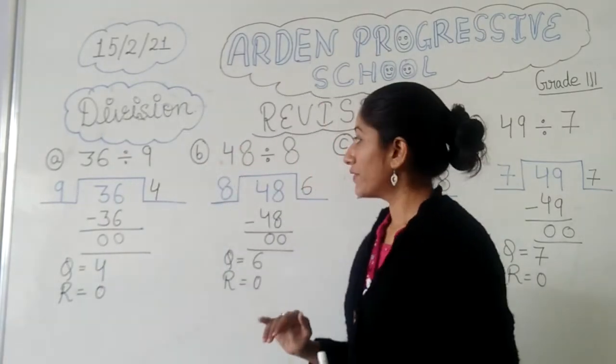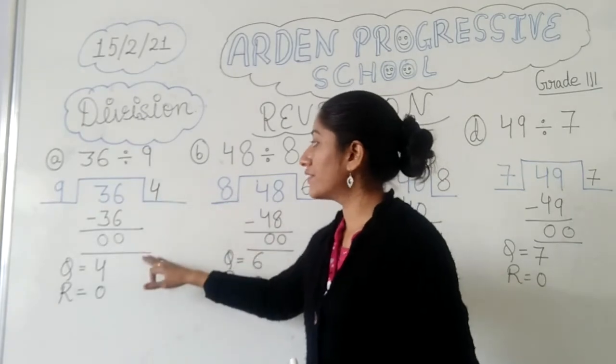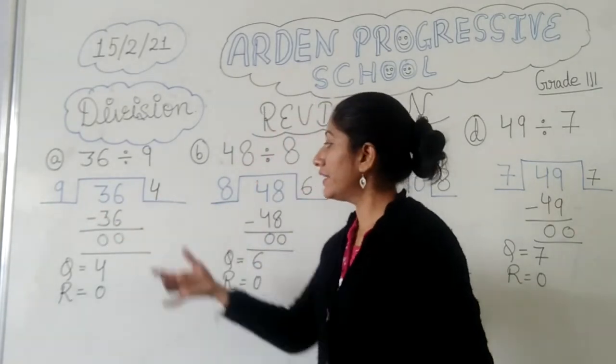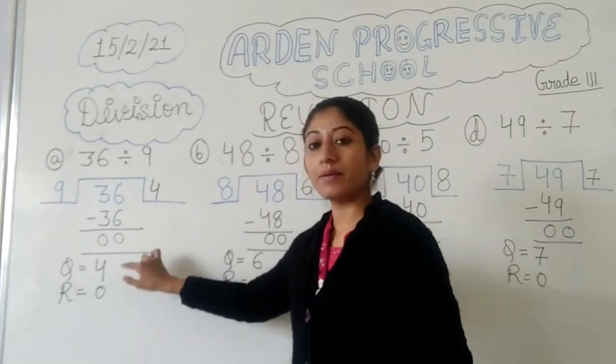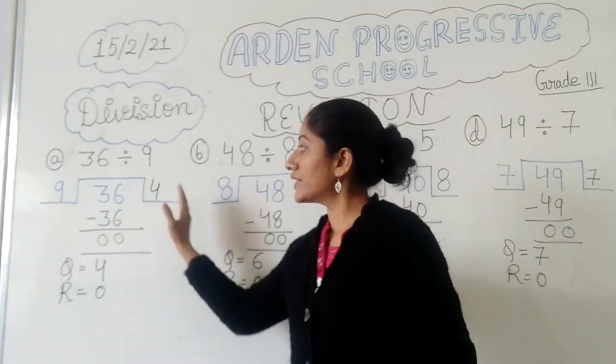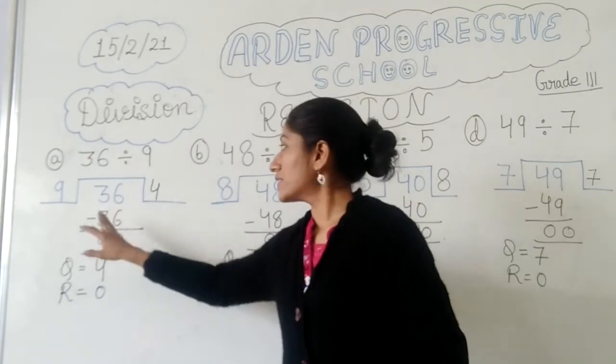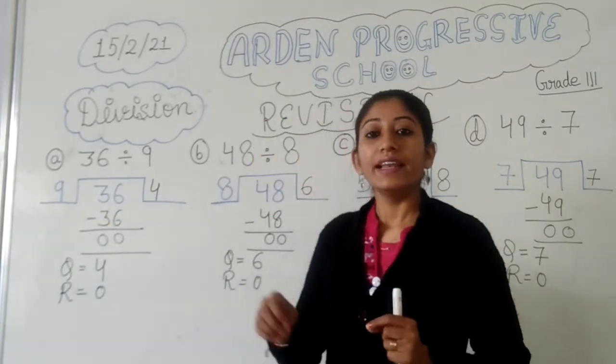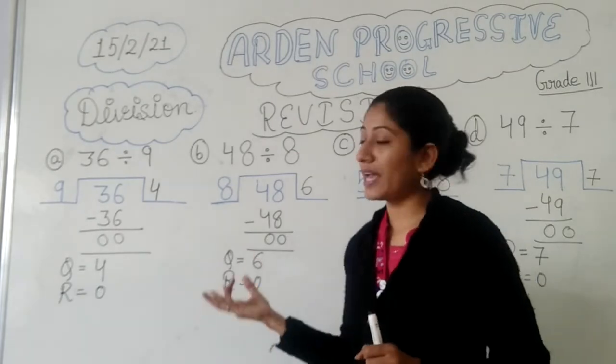So in this way we can solve. But here, what type of sums have we solved? We have solved such divisions where complete division is there and the remainder is coming 0. So it is quite easy to apply the table here, because the same number comes in the table, so we can apply it easily. Let's try some different types of division.